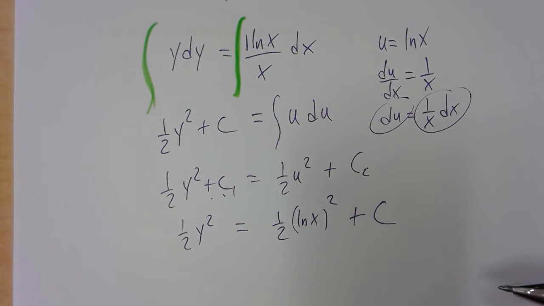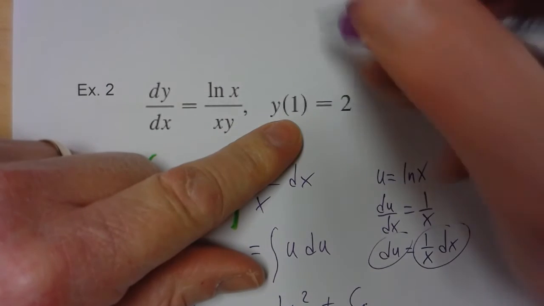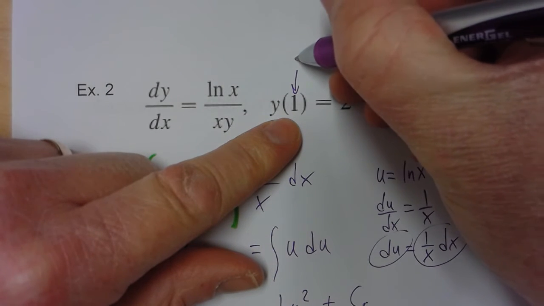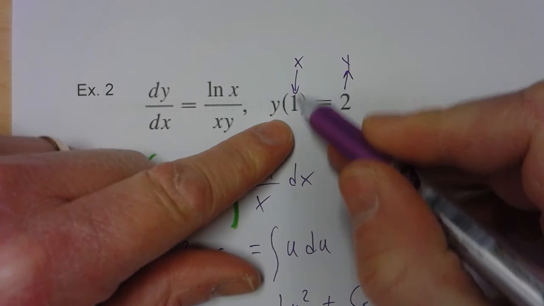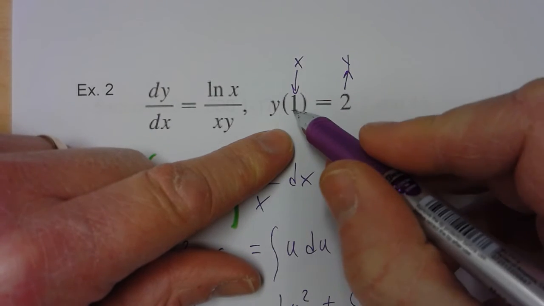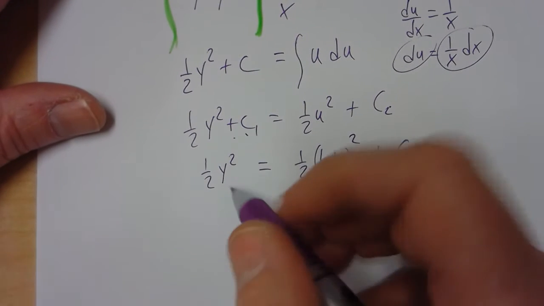All right, now, at this point, before I solve for y, I'm going to go ahead and figure out what c is. So x is 1, that's x, right? And the output is y. So you put in an x, calculate, out comes y. So it's 1 comma 2. So put 1 in for x, y is 2. So this would be